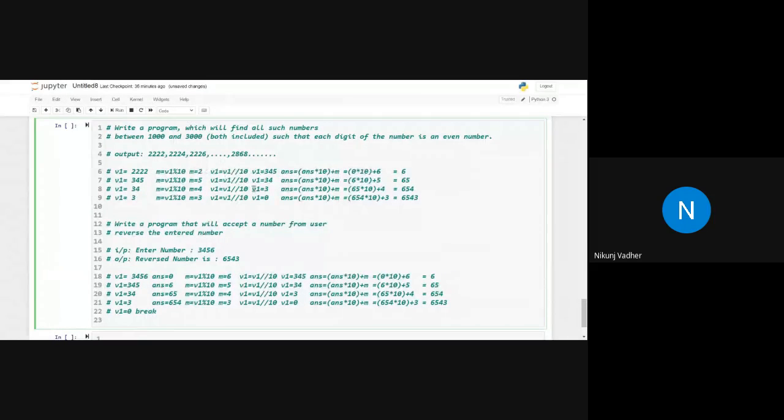V1 equals V1 divided by 10. Here we will check: if M modulo 2 is not equal to 0, then break the loop.